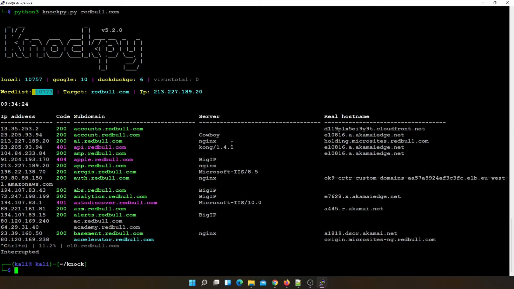Let us go ahead and explore the power of the tool and see what options this tool is giving us. But first, I will set some parameters to honor Red Bull's rate limiting, and I would encourage you to do the same here. We will be setting the threads to 2 and timeout to 2 seconds, as this will be written down as a standard configuration for the tool throughout the demonstration until we change it.